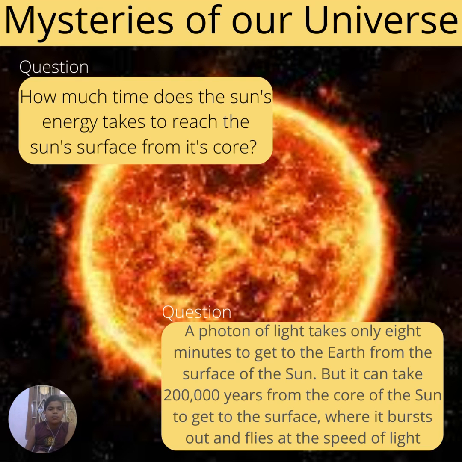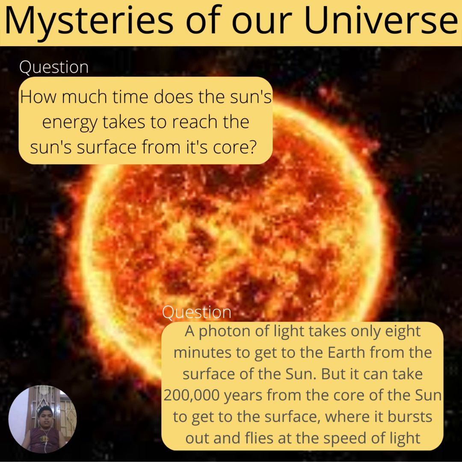Now let's look at mystery number 7. What time does it take for sun's light energy to reach its surface? Well, you may be surprised to know it actually takes 200,000 years for the sunlight to reach solar surface, the chromosphere. Because of proton atoms which almost block the sunlight to reach its surface, and they always bounce light back into the sun. But after it reaches the surface, it only takes about 8 minutes to reach Earth's surface.